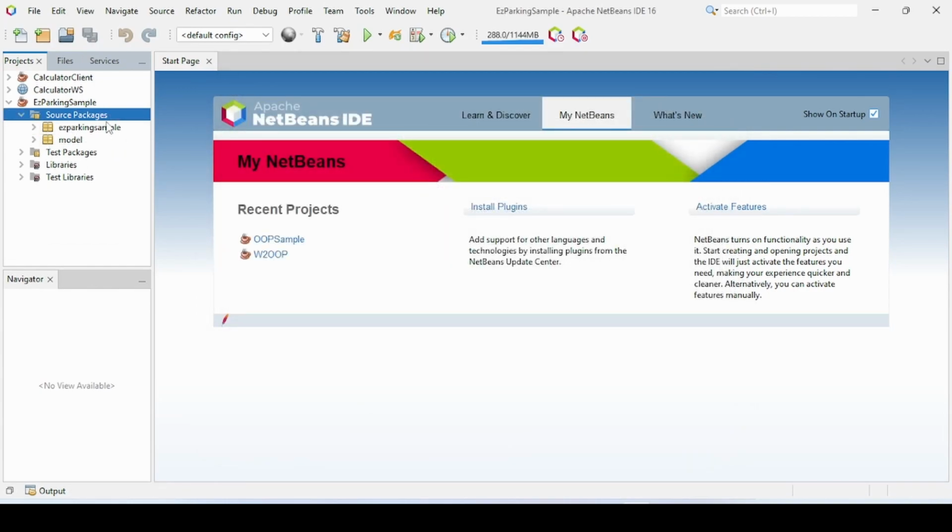Once you finish creating the two models, one thing that we want to make sure is that because this project later on will have a connection with the database, we must add the MySQL connector library that we have just downloaded earlier into this project. So you can expand the libraries group over here, and then right click on this library and choose add